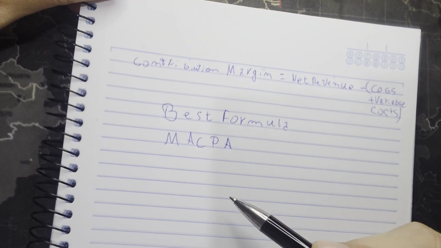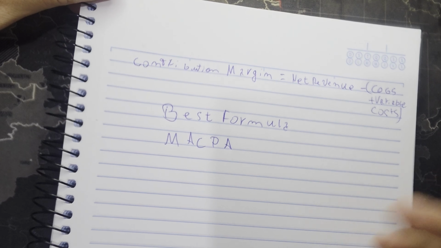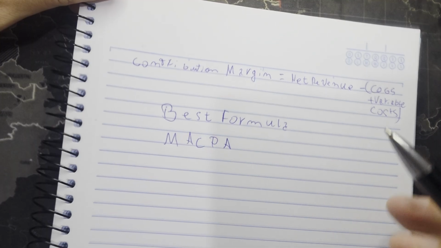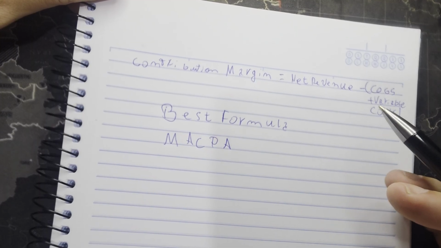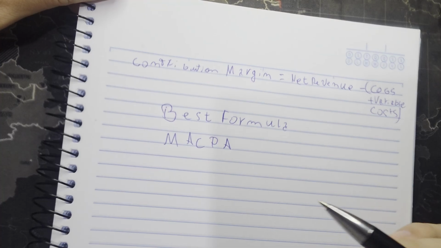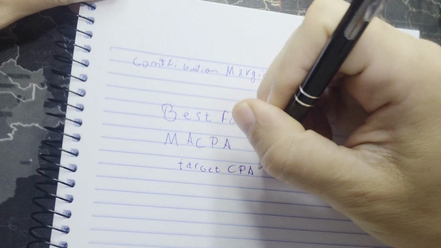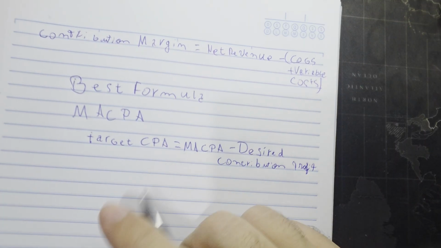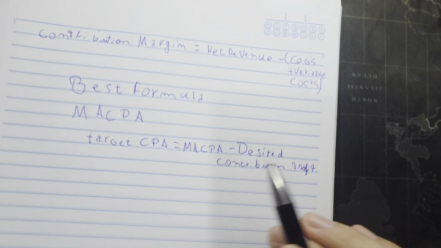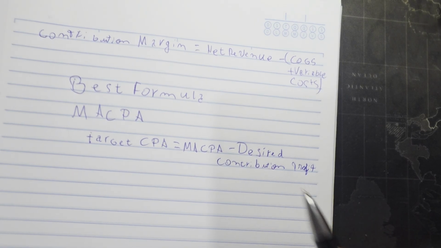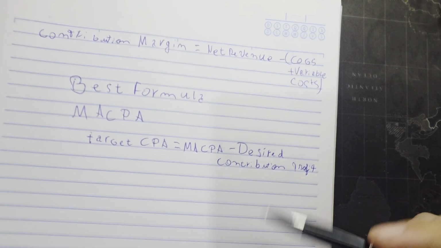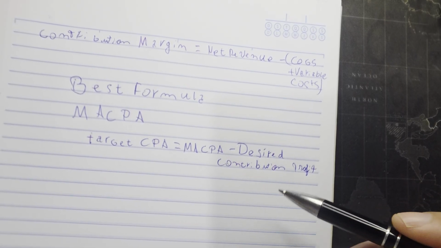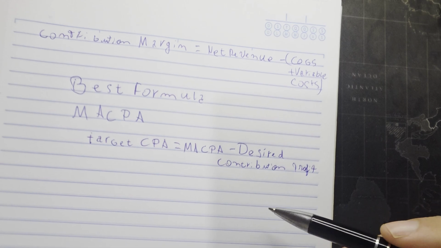The first one is a fixed dollar amount. For example, I need to make $20 per order to cover my overhead. Or a percentage of revenue: I need a 20% net margin to satisfy investors. So the best formula to target CPA is: target CPA equals MACPA subtracted by the desired contribution profit, right? Or expanding this formula, target CPA equals net revenue subtracted by variable costs, multiplied by one less